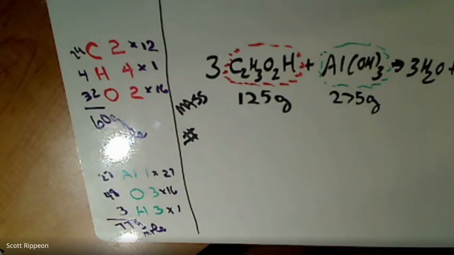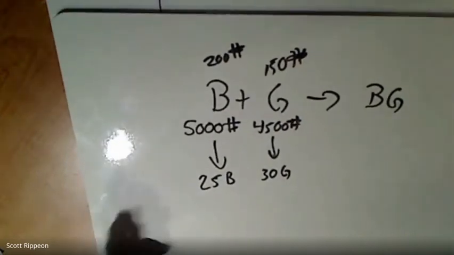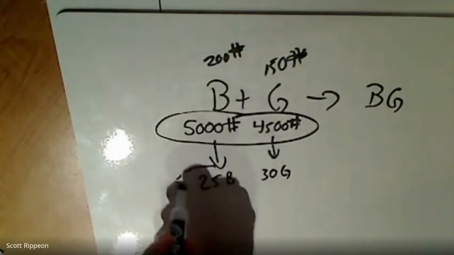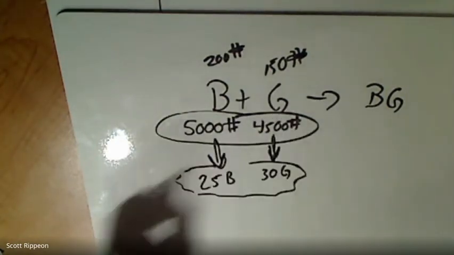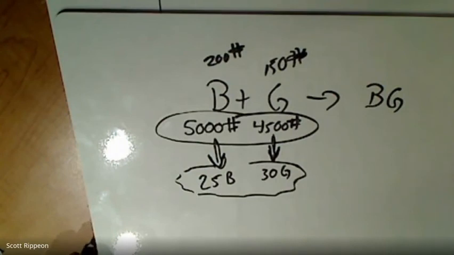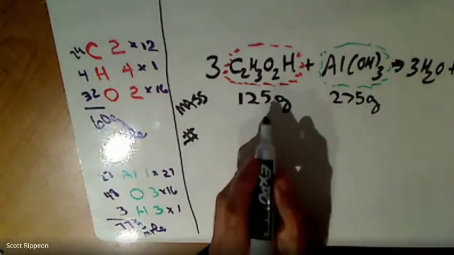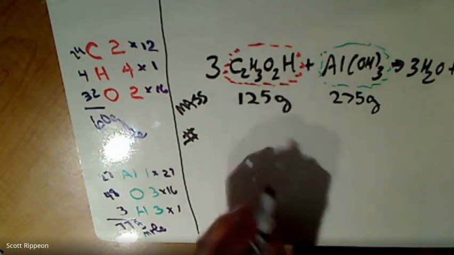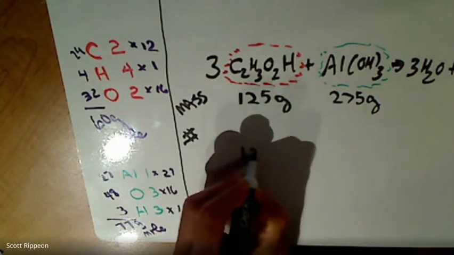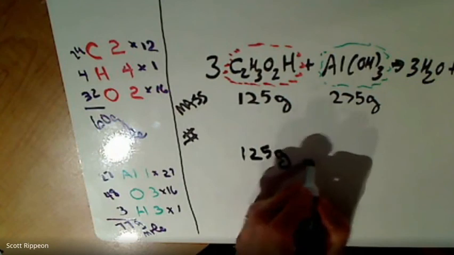Now here's what we're going to do. I might not have the same numbers you had last time, but it's the same basic concept. We took the pounds of boys and went to the number of boys, and the pounds of girls to the number of girls. Same thing. So we're going to take the mass of acetic acid: 125 grams of acetic acid times